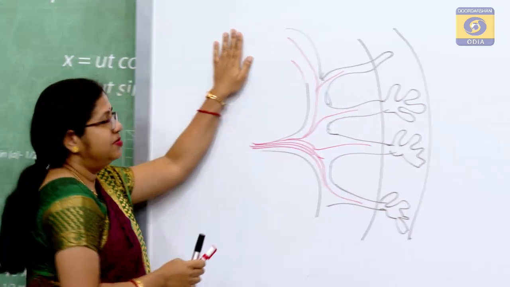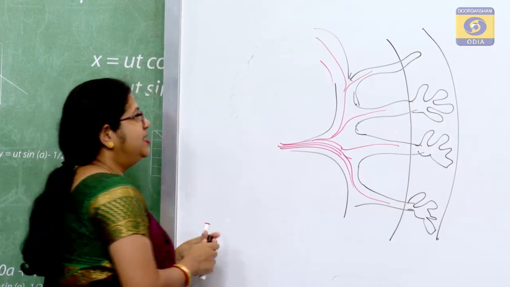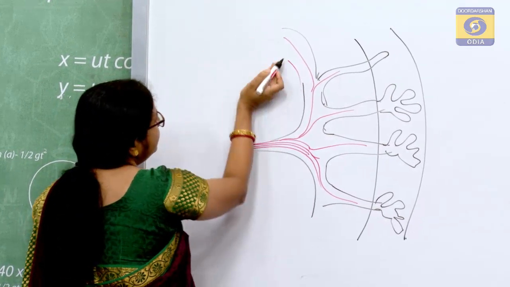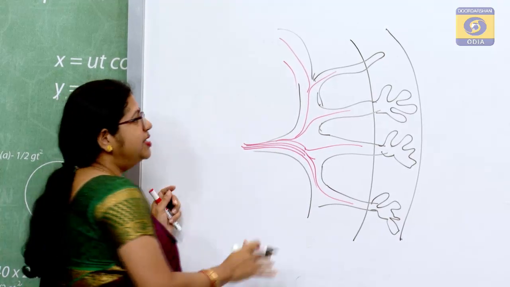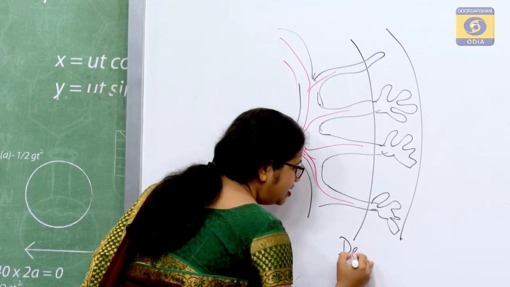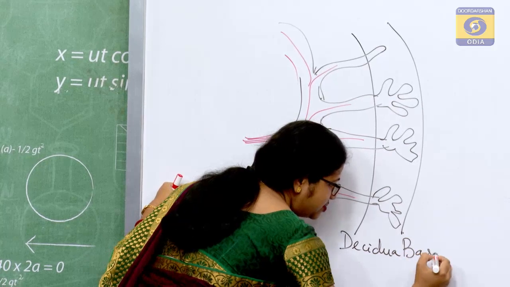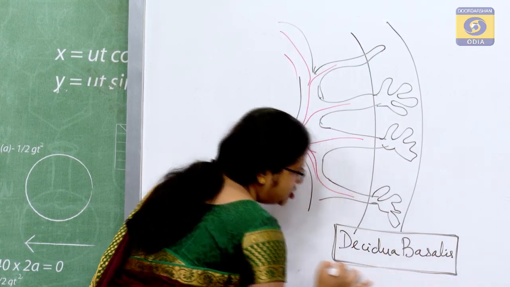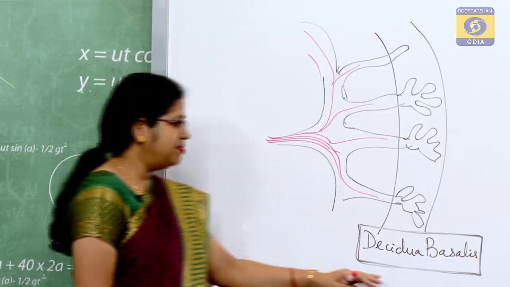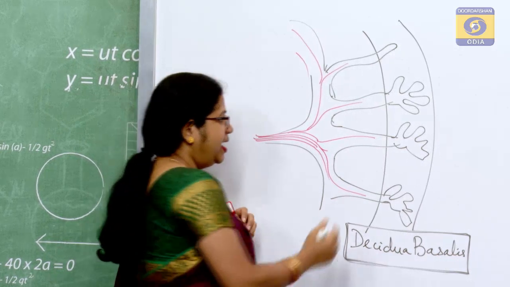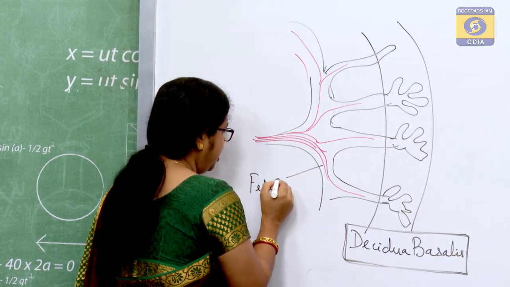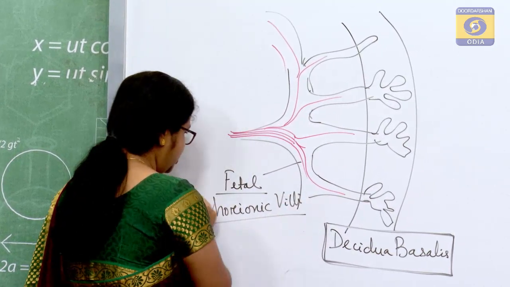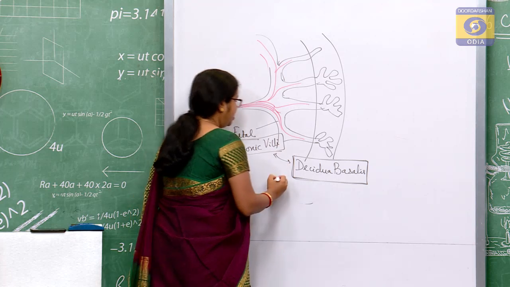But with development, as your sac grows, it compresses certain parts of your embryo and the rest of the villi will degenerate. Only the part that is in attachment with the decidua basalis, the endometrium or the endometrial part, remains attached to these villus structures. So, this is the maternal part that will form the placenta, and this is my fetal part which is forming the chorionic villi. The chorionic villi from the fetus and the decidua basalis will together form your